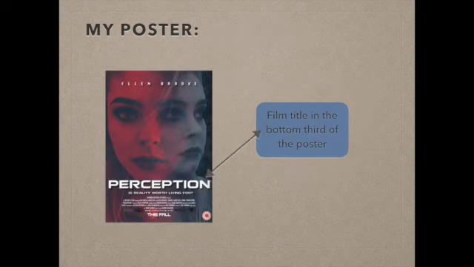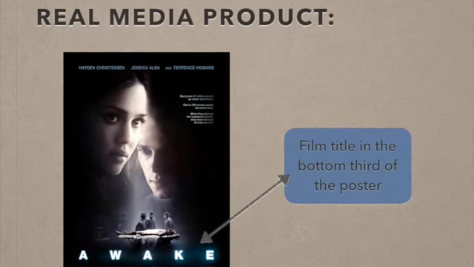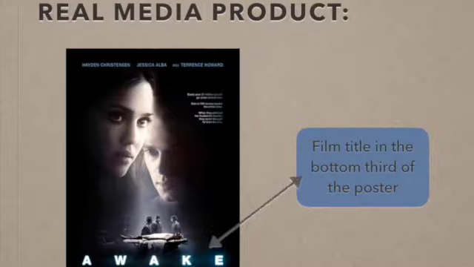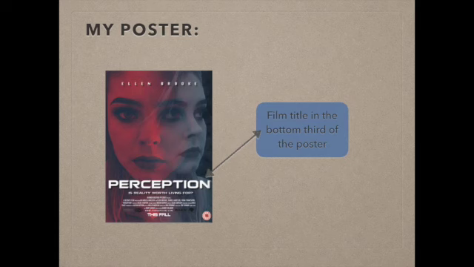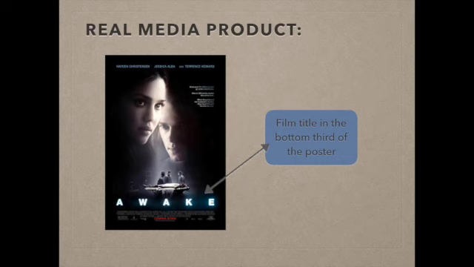I think the way in which I have also placed the title in the bottom third of the poster is conventional. You can see from looking at other media posters that it is conventional to have placed this information here. I think it is conventional for the film title to be placed here, given that it means the film title is not blocking the image, meaning that the audience can look at the image and the editing techniques which have been used in order to encode what the film is going to be about.